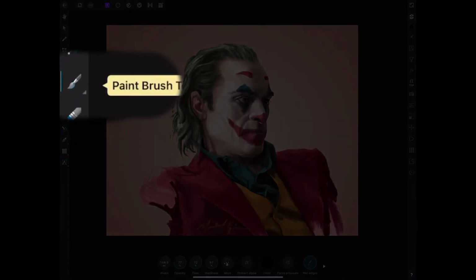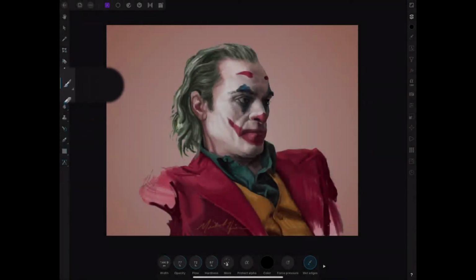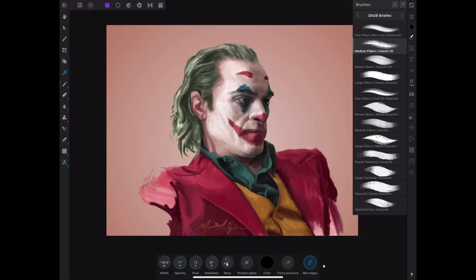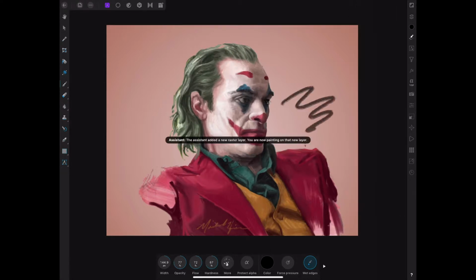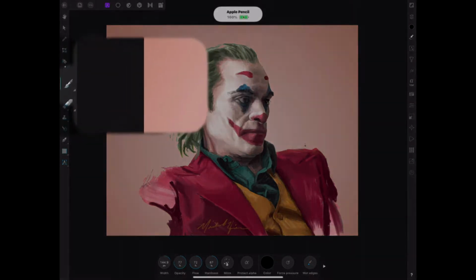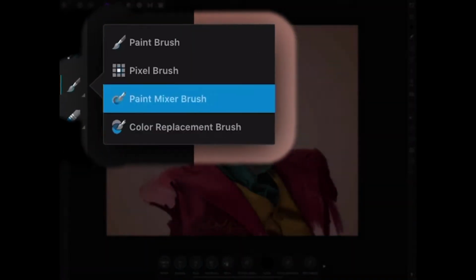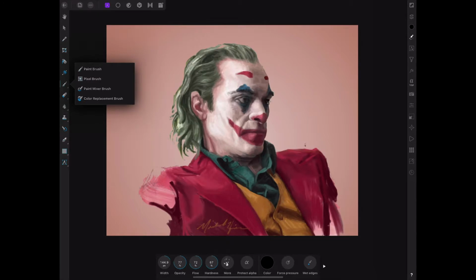Okay, so the next tool is the paintbrush tool. It's pretty straightforward. We'll pick out a nice paintbrush and paint on your canvas. In the paintbrush tool, you'll see the little arrow. When you have that arrow on the icon, it means you have a drop down, and it means that you have other options for this tool. So here we have paintbrush, pixel brush, paint mixer brush, color replacement brush. The pixel brush is like a pencil where you can make